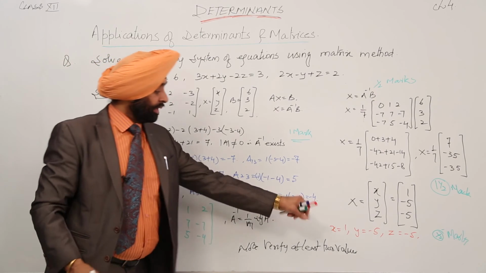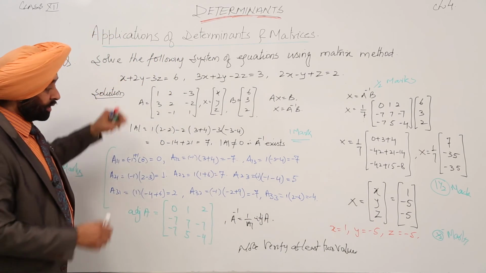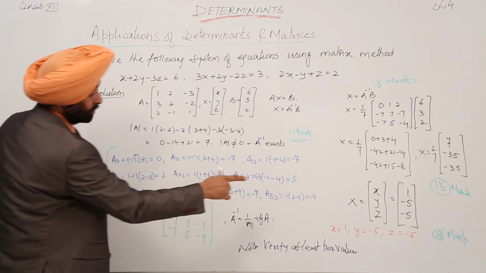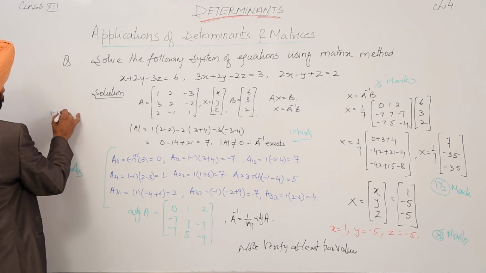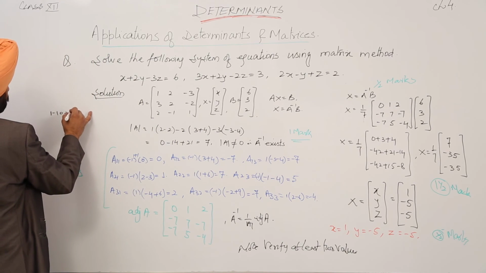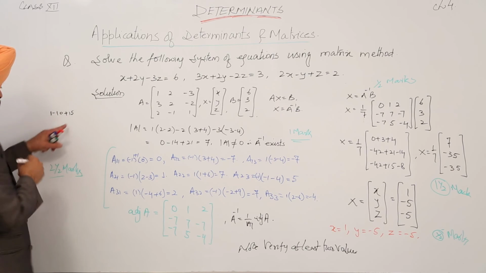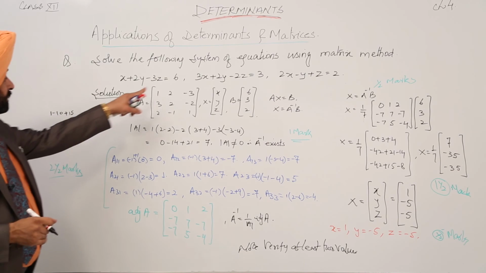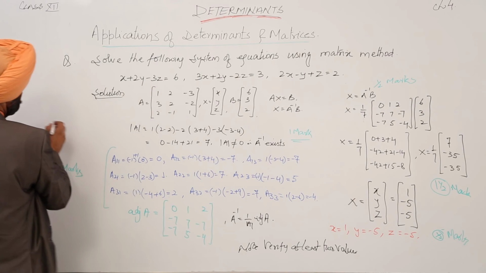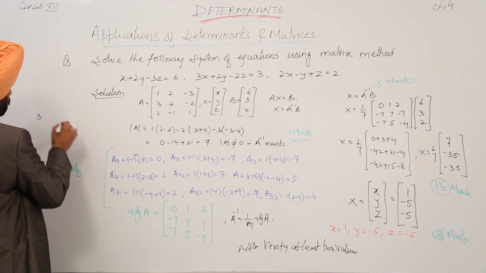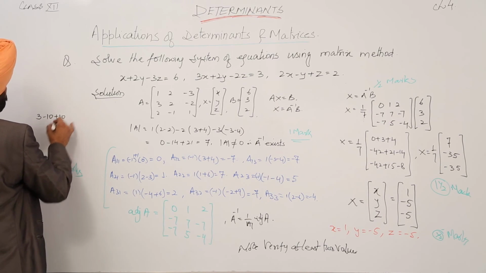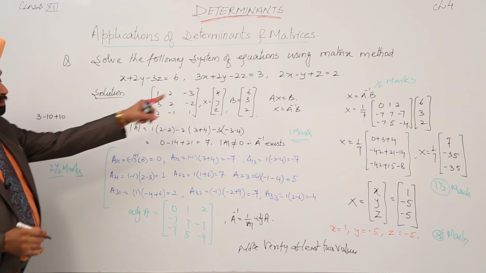Now we are having x as 1. If we put x as 1, minus y is minus 5 times minus 2, that is plus 10, and z is minus 5, it is plus 15. Now 15 plus 1 is 16, minus 10 is 6. Similarly, for the second equation, 3 with 1, 3 minus 10 and plus 10. So this and this cancel, 3 is the answer.